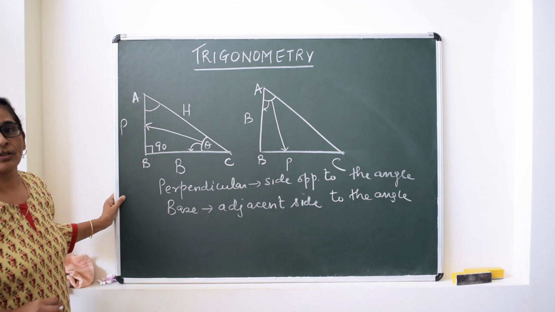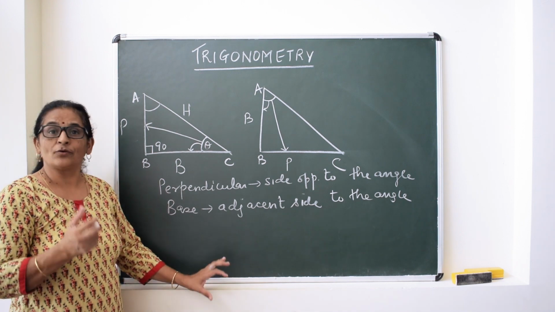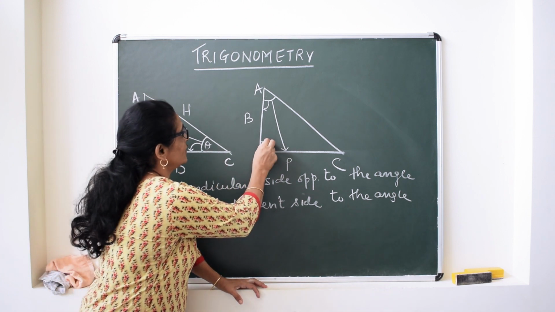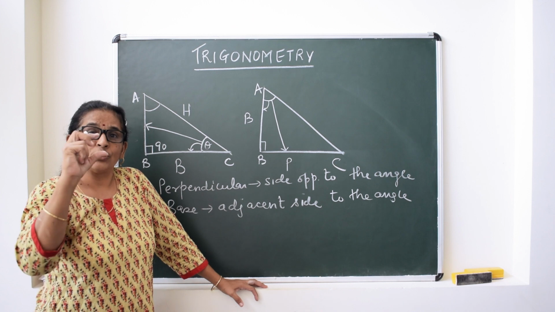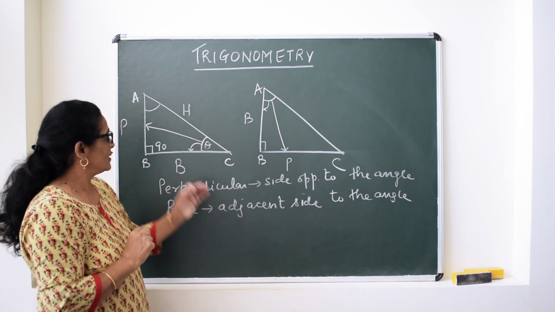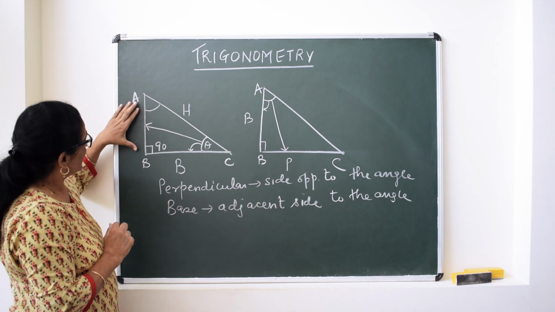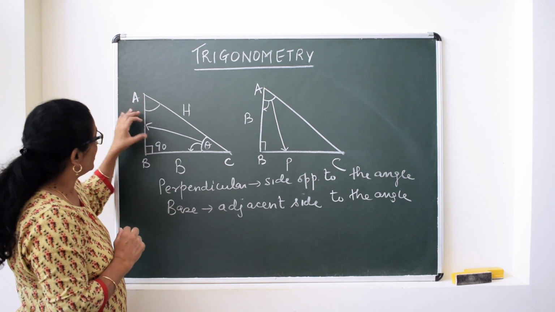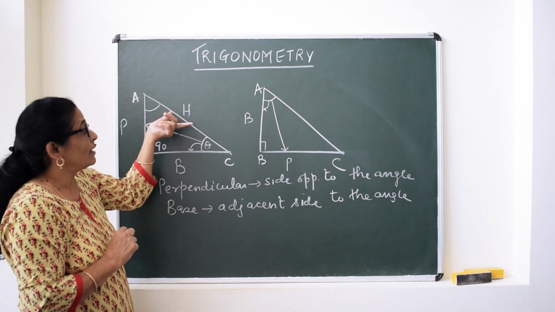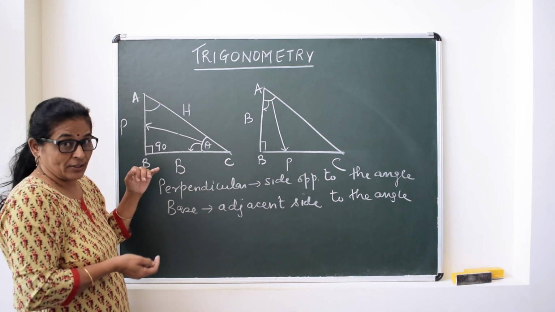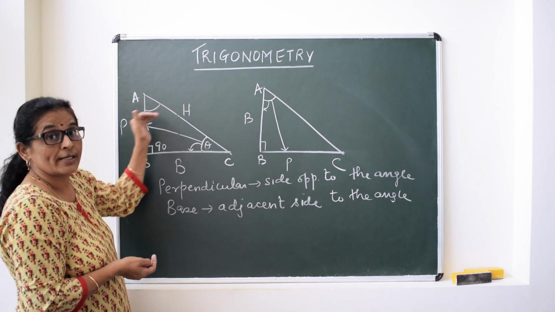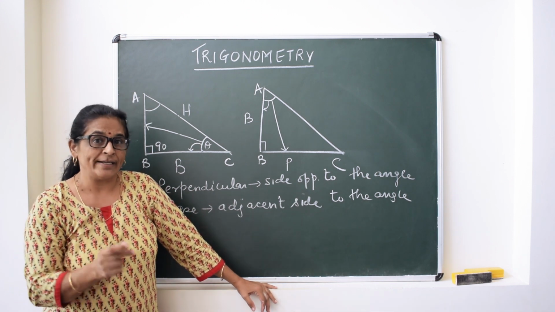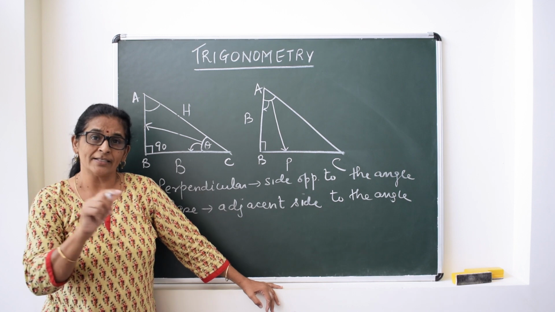On the basis of this, in trigonometry what we are going to do is see some ratios, and those ratios are ratios of any two sides. It can be the ratio of the perpendicular, which we call side opposite, and the base. It can be between the perpendicular and the hypotenuse, or base and the hypotenuse, or the reciprocals of those, meaning hypotenuse and base, hypotenuse and perpendicular. So basically trigonometry is used to find out these ratios, as well as in day-to-day life.